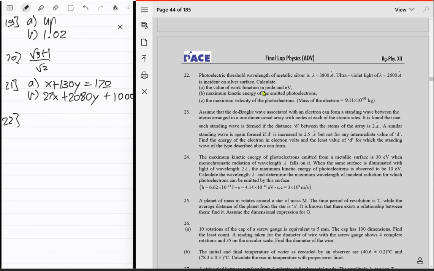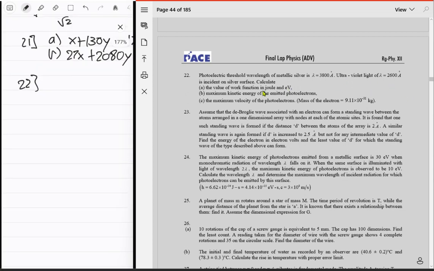Ultraviolet light of this thing is instead of photon, okay? So that's the first easiest thing. Work function and in electron volts. Okay, in both of them, in joules, what are they asking us to do? So hc upon lambda, that's the thing. So hc, first in electron volts, 1242 electron volt nanometer, and below how many nanometers